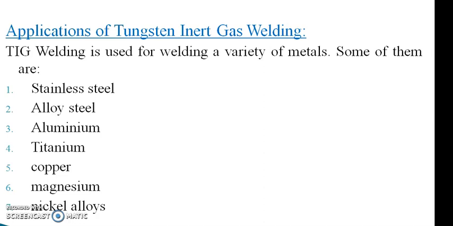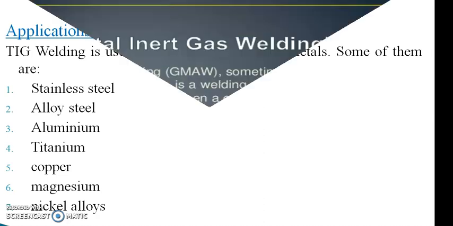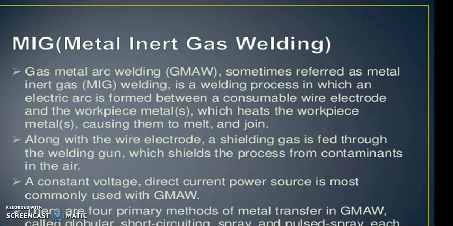After completing the TIG welding process, let us discuss another long question as per your article, which is named metal inert gas welding. In some books it is written as MIG welding. MIG welding is also an arc welding process where the joint is produced by heating the job with an electric arc, and the arc is established between a continuously fed consumable metal electrode and the job, just like the arc welding